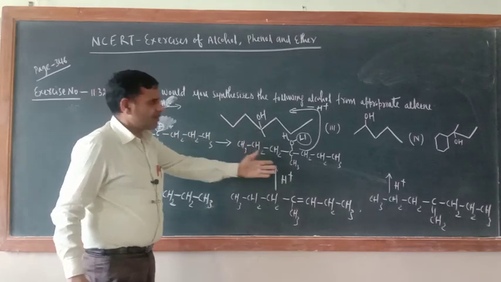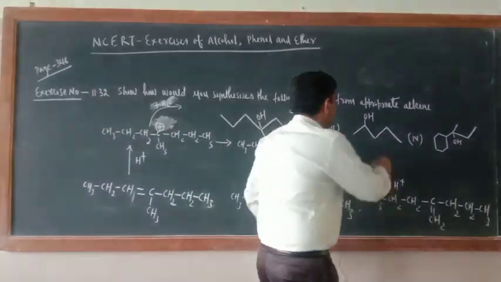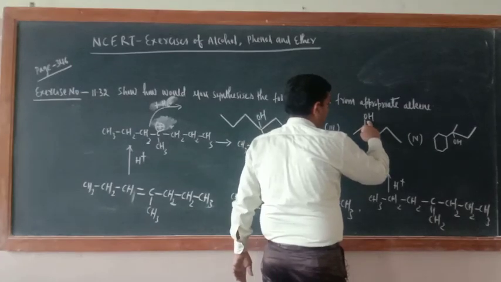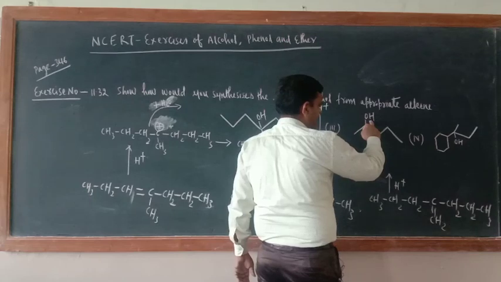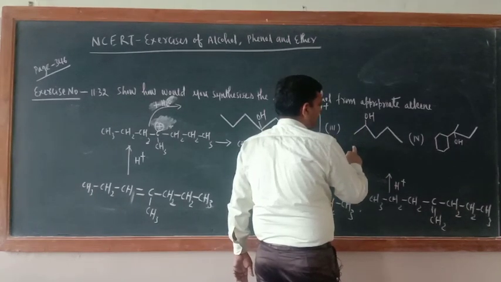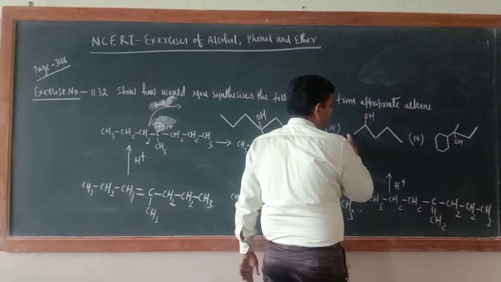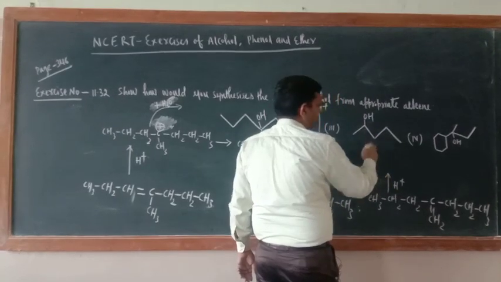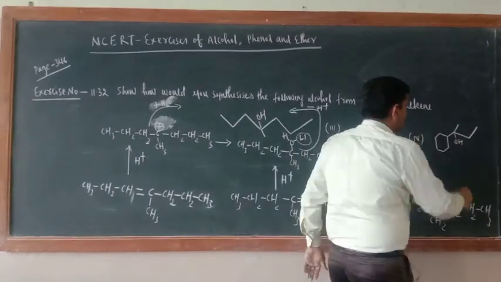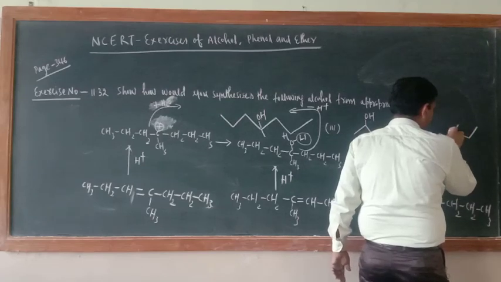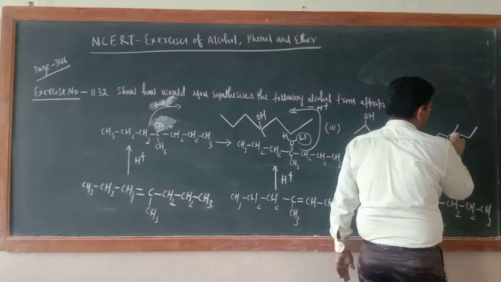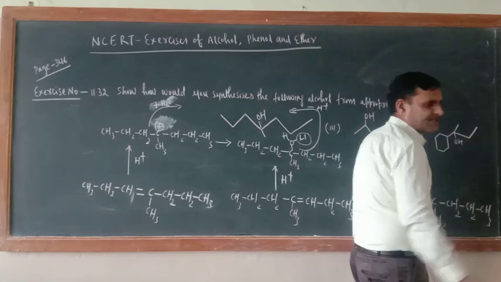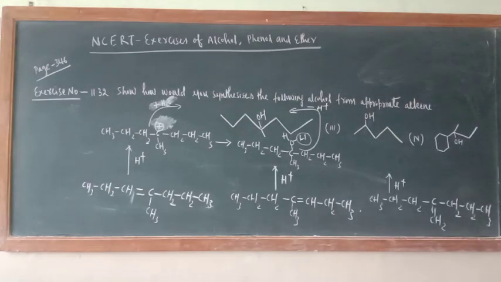Okay, please practice the same way. Here also what would be there? OH will be there. Suppose you are removing OH from here, so H you have to remove from here. So here a double bond will come and another double bond will come here. Now same thing, here also OH from here. So here H will go from here, it may go from this side also, this H also. Please practice it. Now in this case you will get the 3 alkenes.